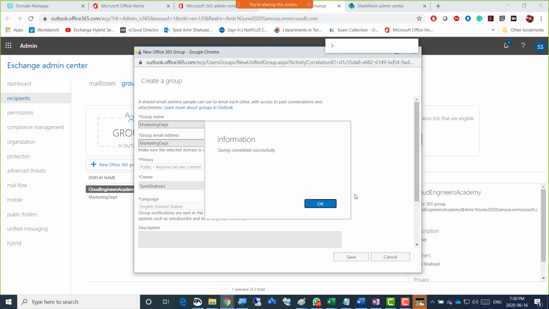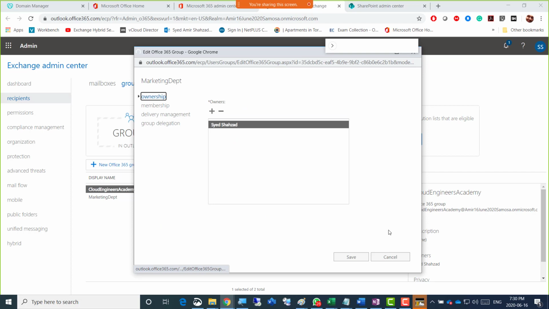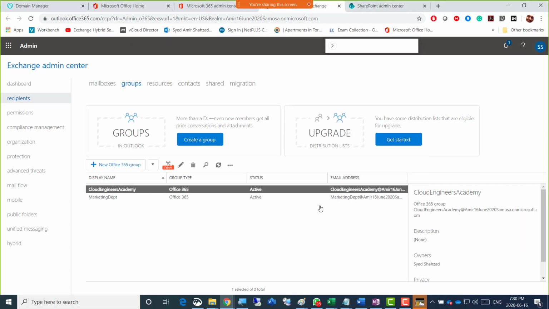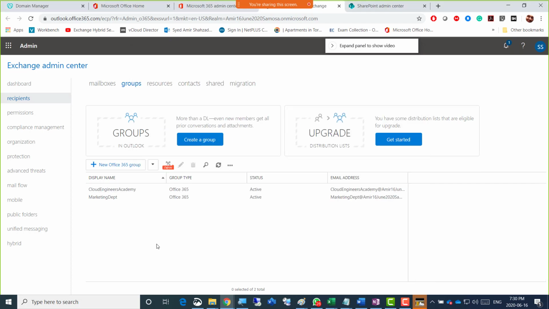Oh, okay. So press OK, and then it goes to membership, ownership, delivery management, and group delegation. So anyway, just leave it and save. So it's just created here, the Office 365 group.